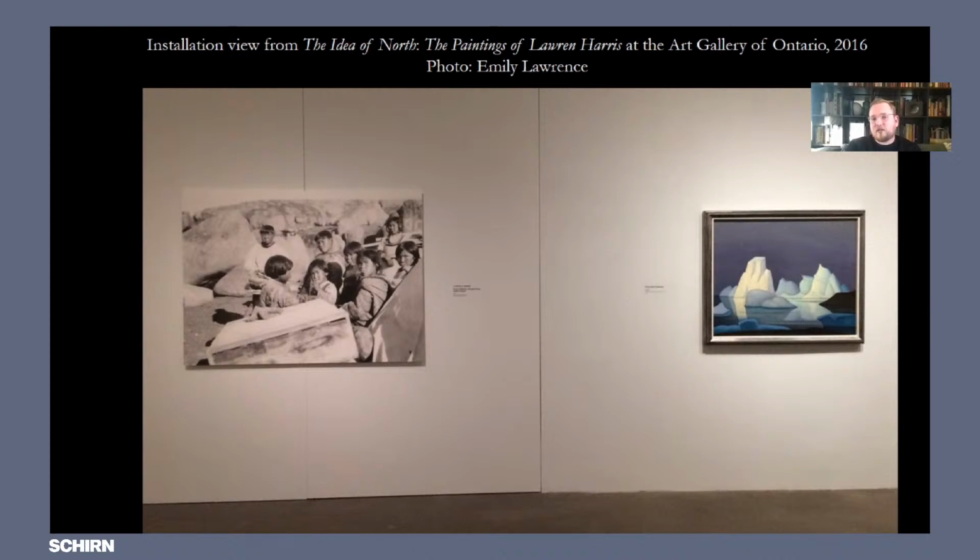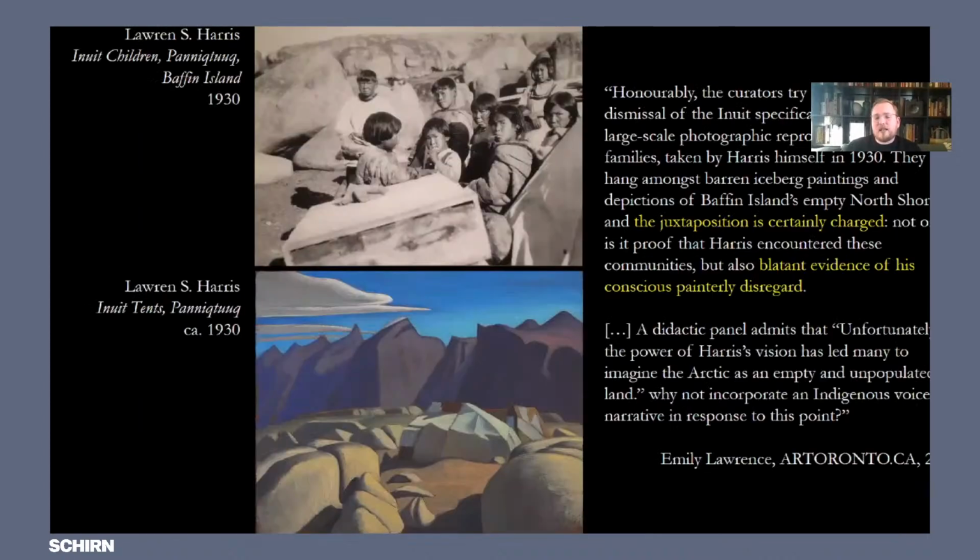So when he's in this Arctic region, right, and you can also see in some of the critical commentary about this exhibition that, right, by displaying these photographs, and having this kind of blatant evidence, right, that Emily Lawrence says in this critique, of the artist's very obvious conscious painterly disregard, right? So it's really exposing the way in which he's making